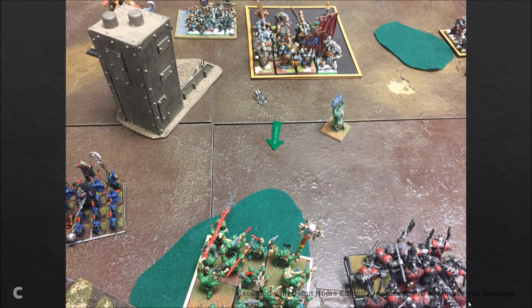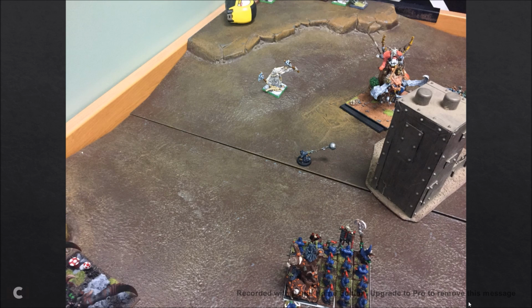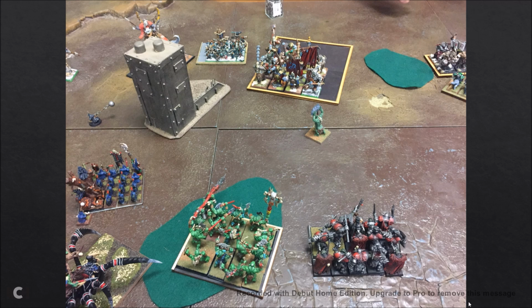His turn 2. He declares a charge here. It's not a very long charge, to be honest. I think maybe an 8 or a 9, one of those two. Then he charges over here. I release Mad Git. He fails the charge. Fails the charge there, which is, I think,